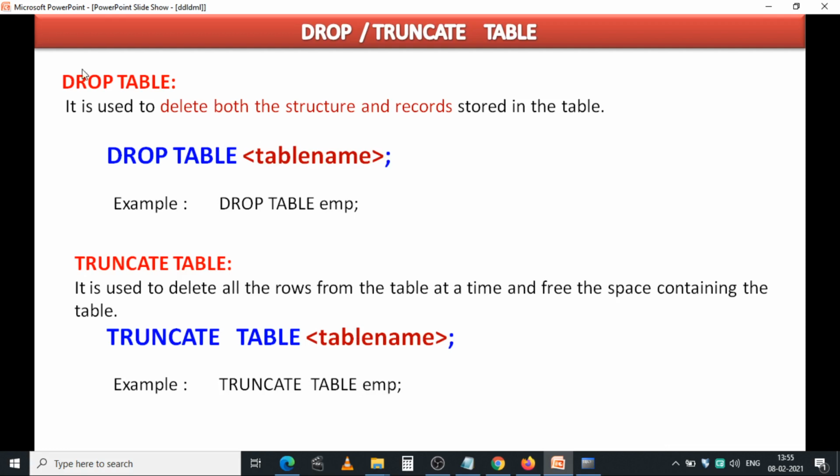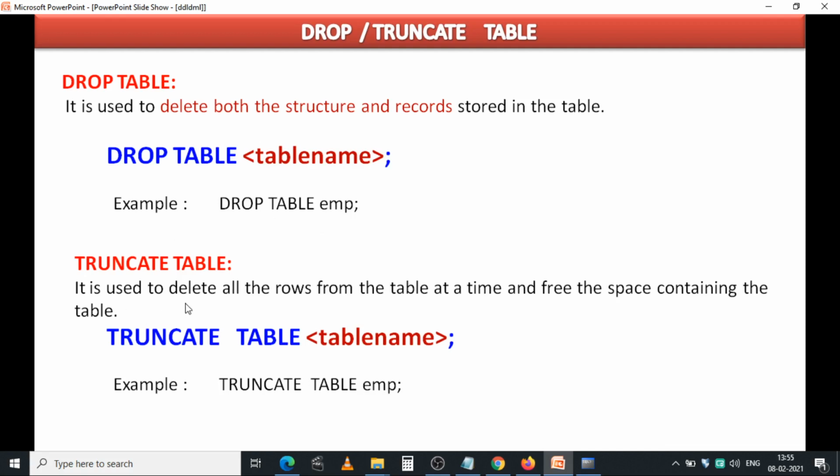The syntax is: drop table, table name. For example, if I want to drop the EMP table, you write: drop table EMP.